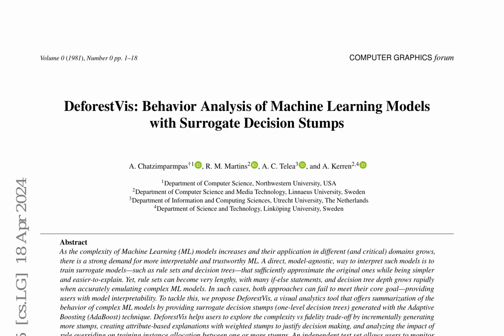DeforestVis, a visual analytics tool, has been evaluated for its efficacy in facilitating understanding of machine learning models through surrogate decision stumps. 5 experts, including assistant professors, senior researchers, data analysts, and PhD candidates, participated in interviews to provide feedback on the tool. Their feedback was largely positive, highlighting DeforestVis's potential for surrogate modeling and its ability to provide transparency in decision-making processes. The experts praised the tool's flexible workflow, which allows for top-down, in-between, and bottom-up approaches to understanding